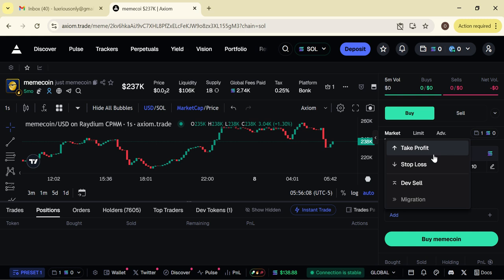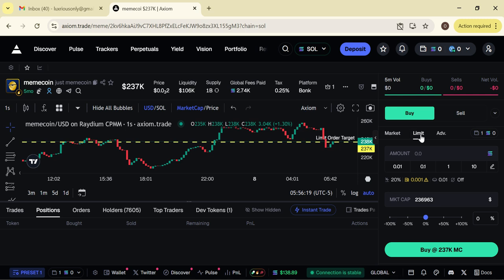So let's go for the advanced trading strategy, and here you can also make sure that you select your take profit and stop loss. If you don't select your stop loss, then all of your account will be wiped out, and you will only know after the account is wiped out. So here you have to select your limit for the market cap. Right now the best market cap limit is like $10,000 at the moment. So you have to do all the research first before selecting all this information.